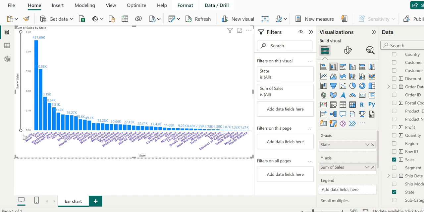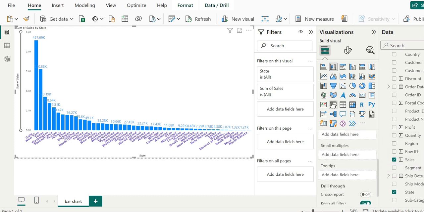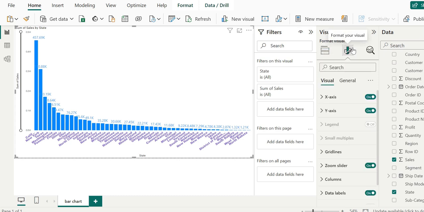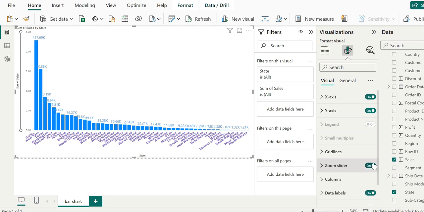It's not working here, but if we go here and turn this on, you will see it shifts slightly to the right.